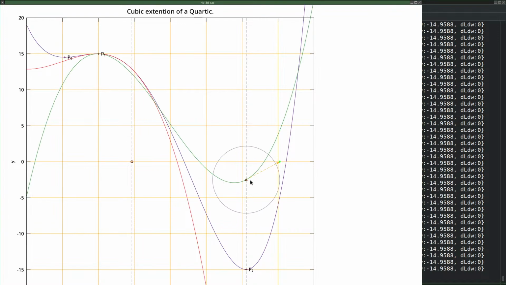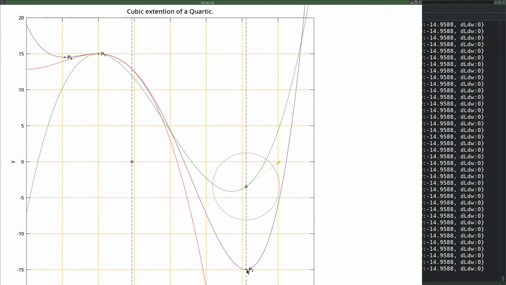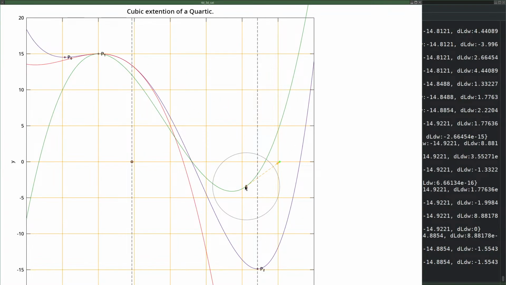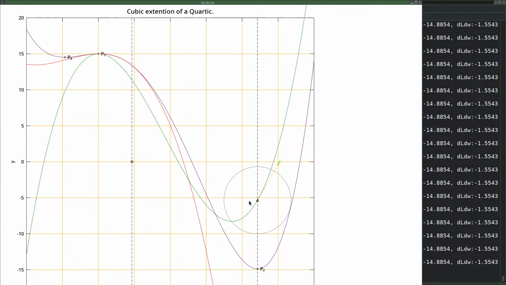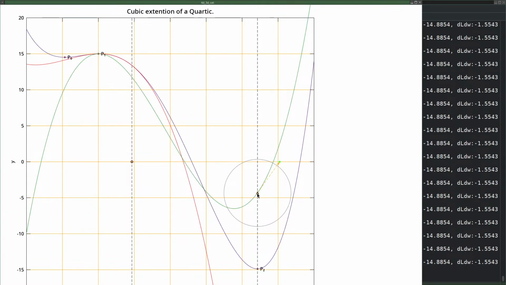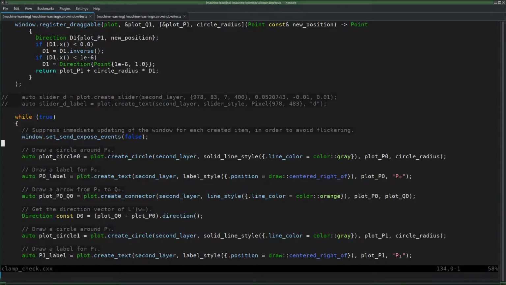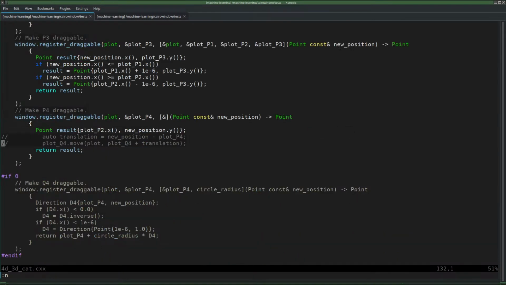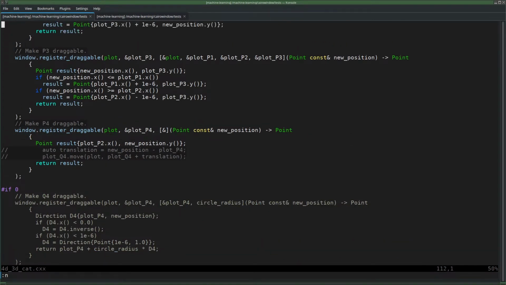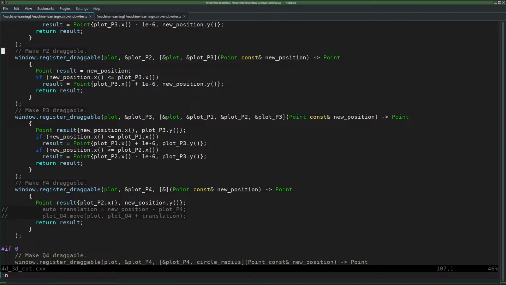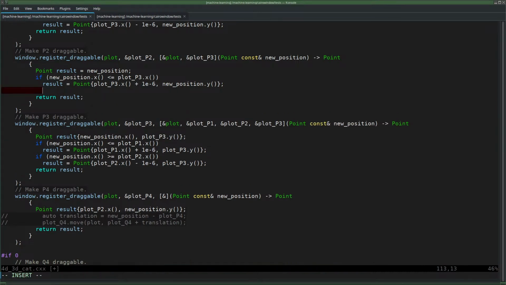I can't move this left and right, only over the line. But if I drag this, whoops, it jumps back then. Okay, we have to move P4 along if you move P2. It's an unrelated problem though, but might as well fix it. So if P2 is being dragged, then we must move P4. And the usual way to do that is